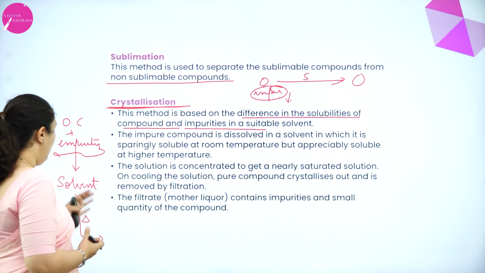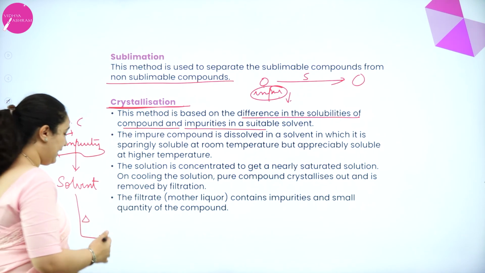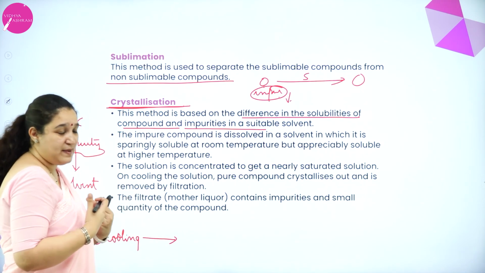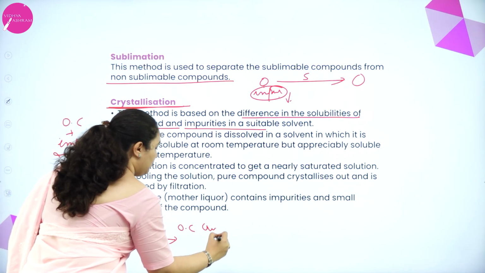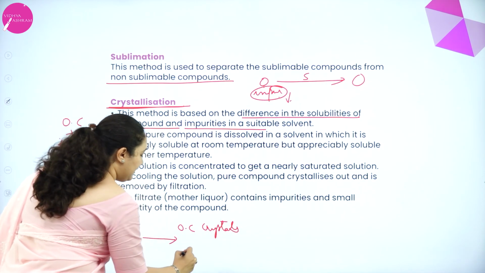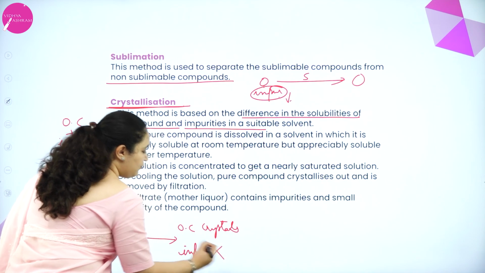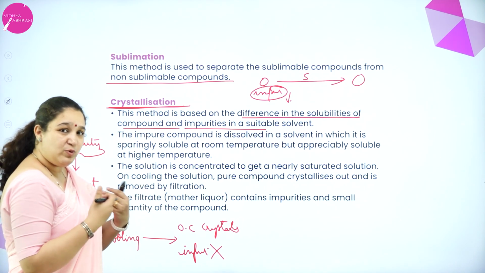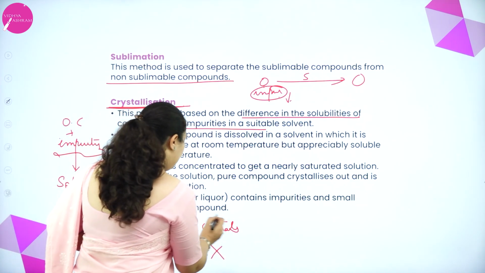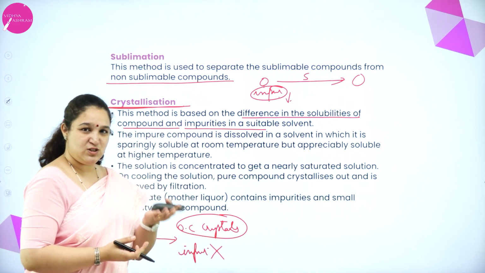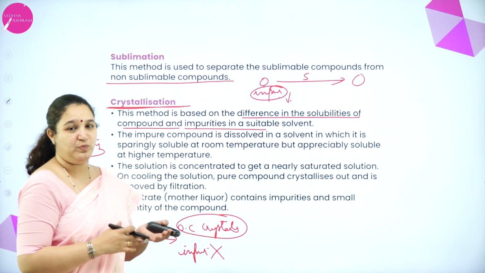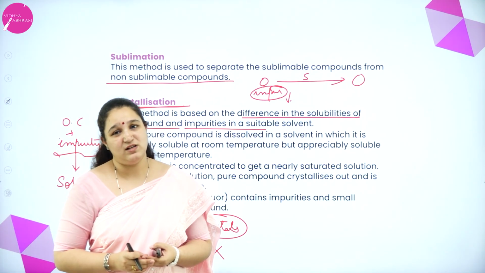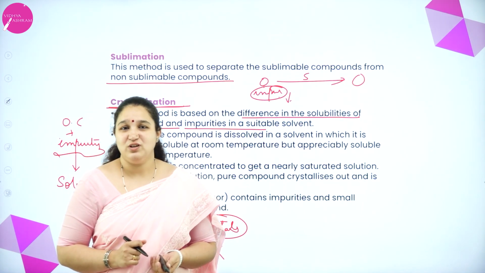Okay. Now, I'll stop heating and I will start cooling. The one which can crystallize out fast, that is my organic compound, forms crystals on cooling, and impurities do not form crystals. So, impurities will remain in the solution. The organic compound which we want will form crystals. Now, you filter this. When you filter, the solid substance you have is the organic compound, and impurities are all in the solvent or the solution. So, I hope you have understood the crystallization process.